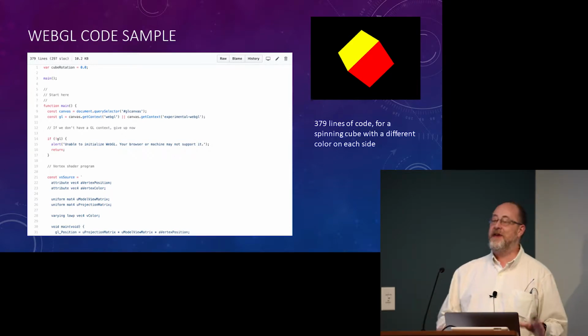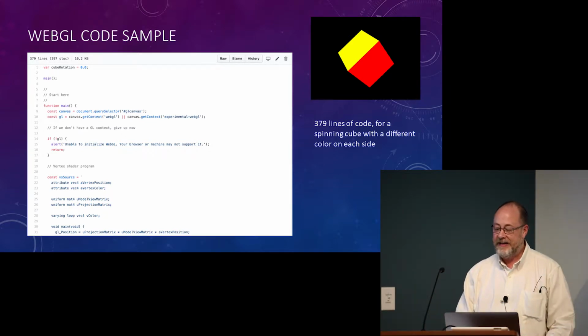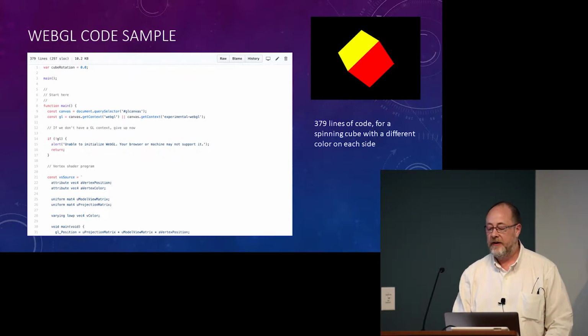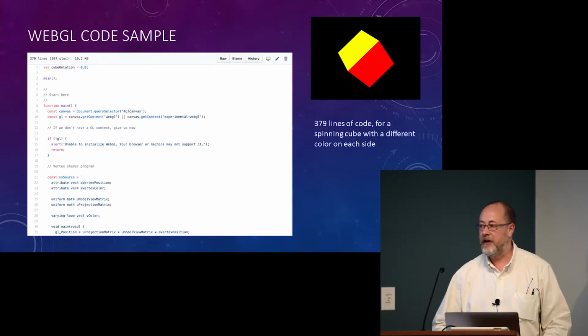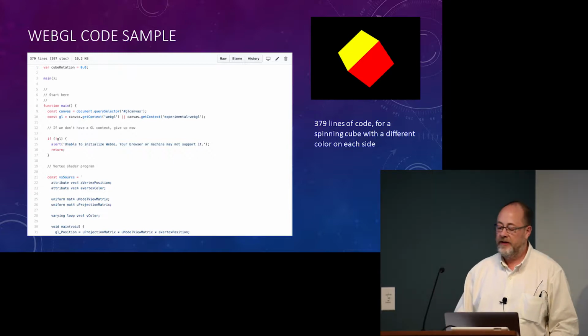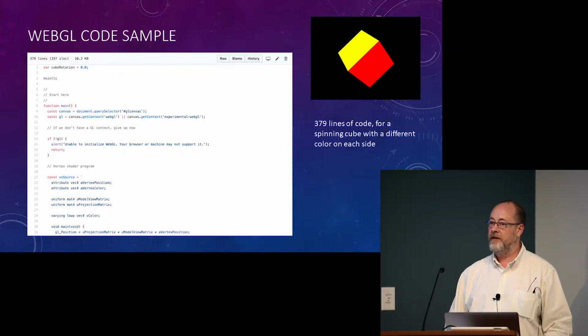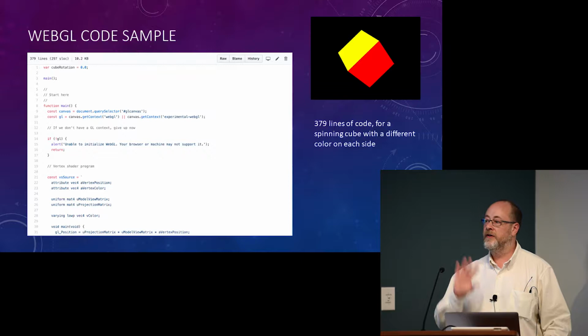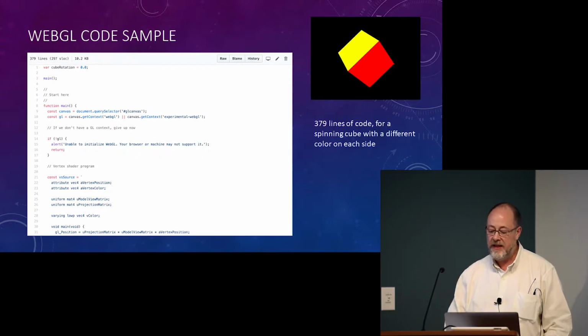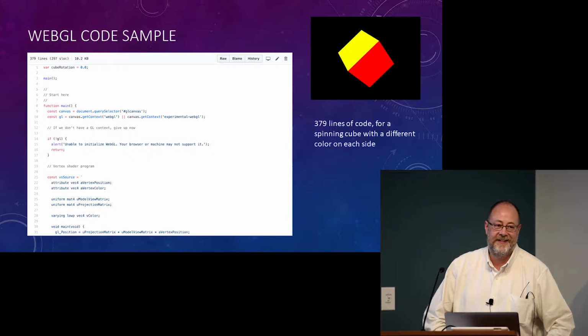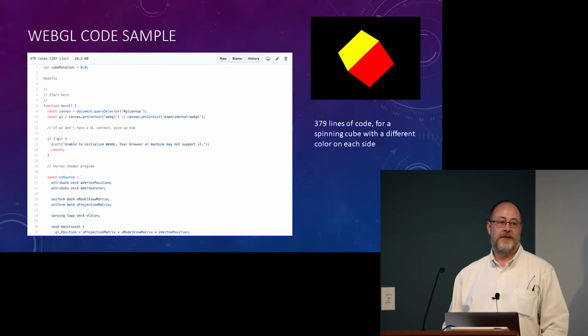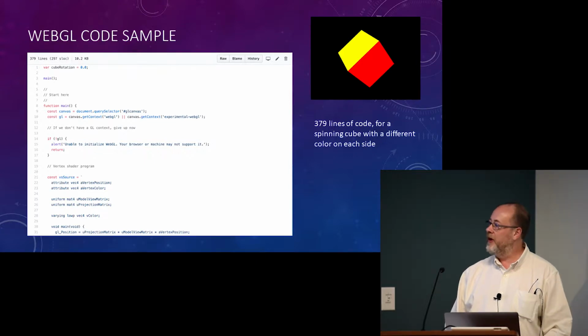What I want to point out before we move beyond WebGL is a quick snapshot I took of what this thing does, which is a cube, and each side of the cube has a different color, and it rotates around. That is 379 lines of JavaScript WebGL code to do that,